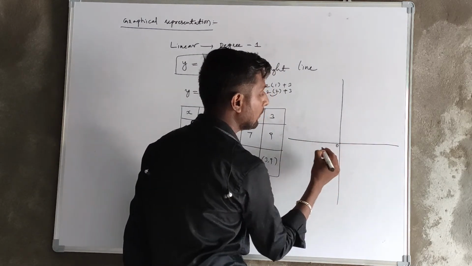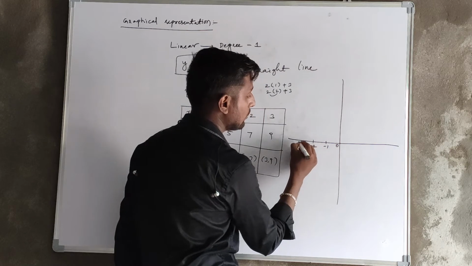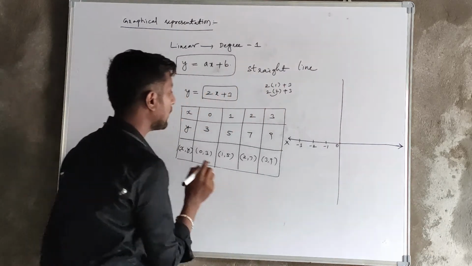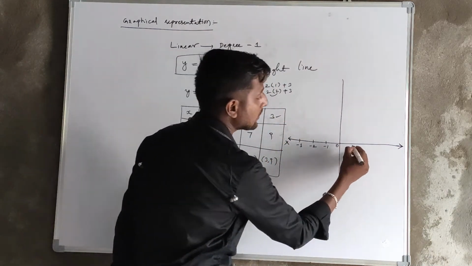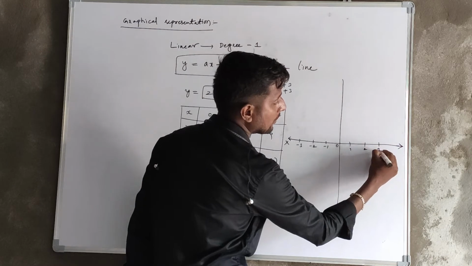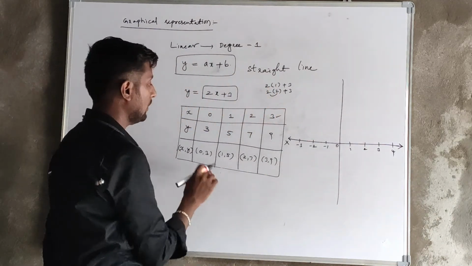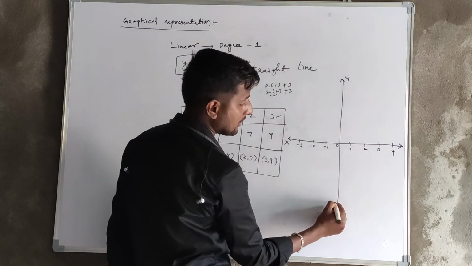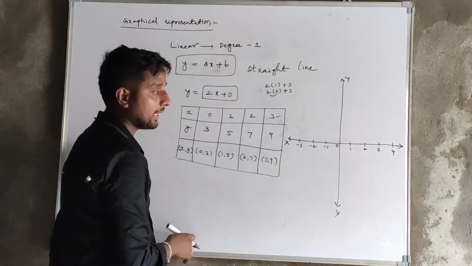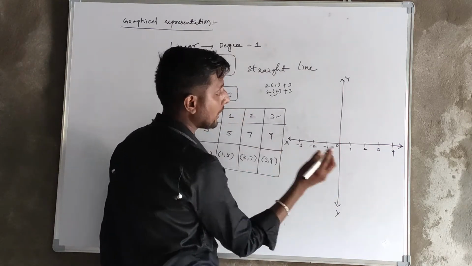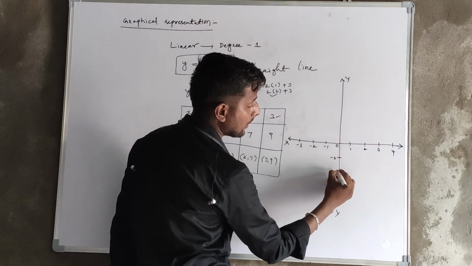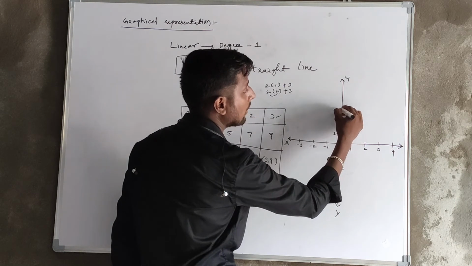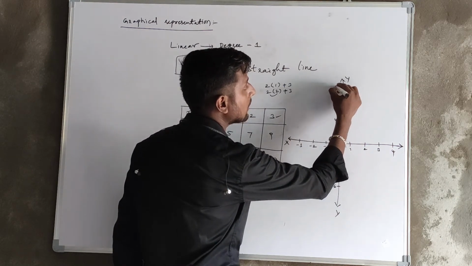Its origin 0, minus 1, minus 2, minus 3, on the x-axis. So if you look, the x maximum value is only 3, correct? So 1, 2, 3, 4. Okay, 3 is enough. Look at the y max value, 9, and on the upper side is the positive axis and the downside is the negative axis. So for 9, I can take each one as 2, minus 2, minus 4, minus 6. So 2, 4, 6, 8, 10.